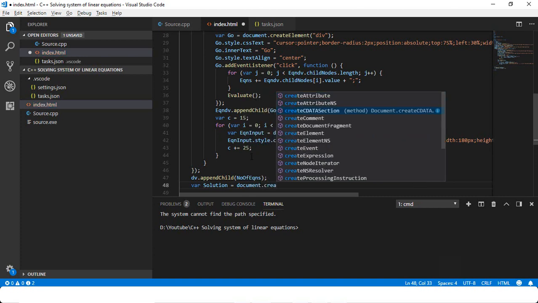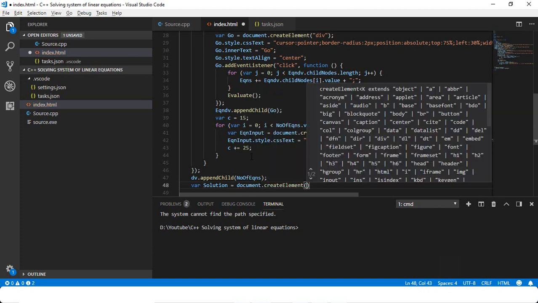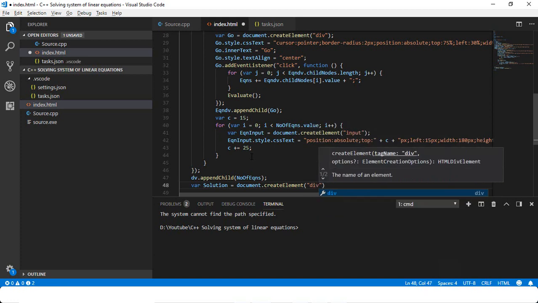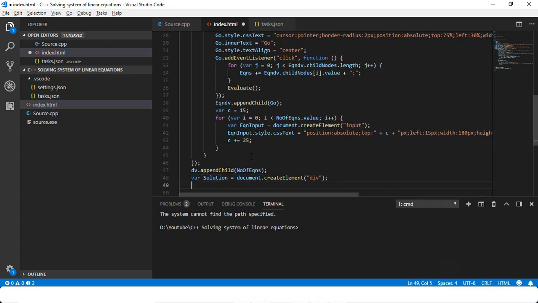Document.createElement of type div, and solution style